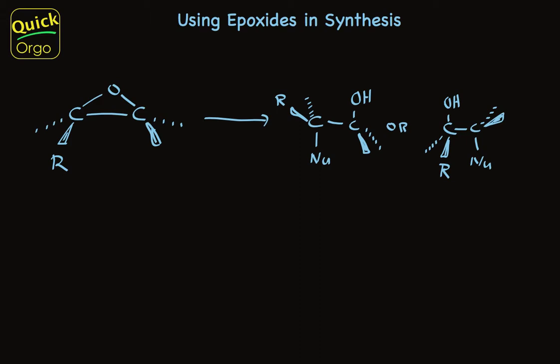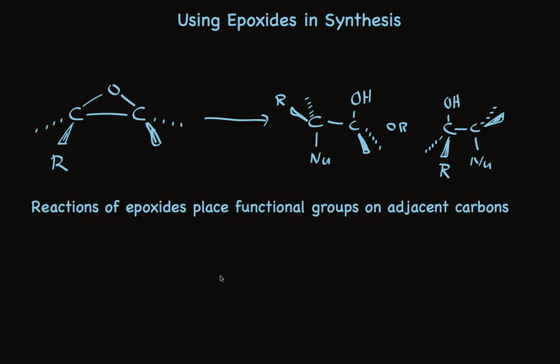Use of epoxides in synthesis offers a really powerful tool. There are two recurring themes regarding the use of epoxides that I want to emphasize. First, the ring opening reactions of epoxides place functional groups on adjacent carbons. One of those functional groups will be a hydroxyl group, either on this carbon or this one. The other functional group will be the nucleophile that added during ring opening. And I should remind you that we're talking about one of these products or the other, that these are regioselective